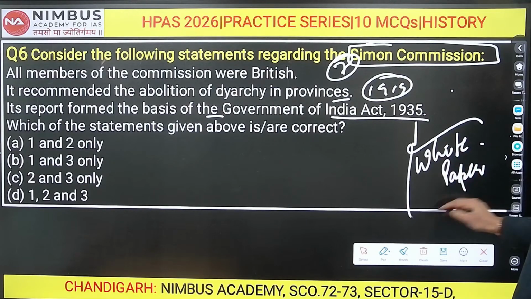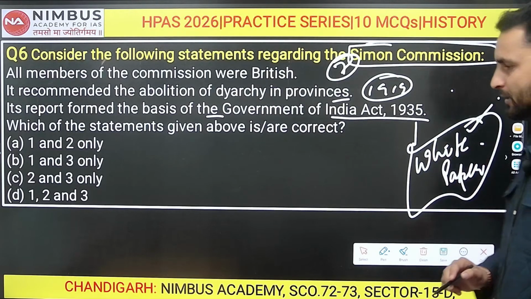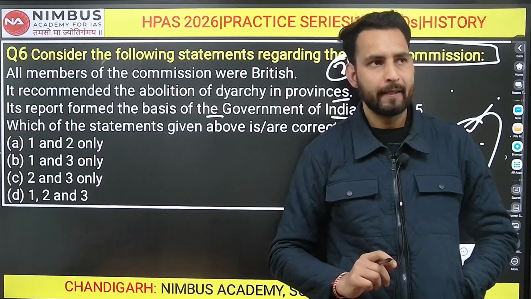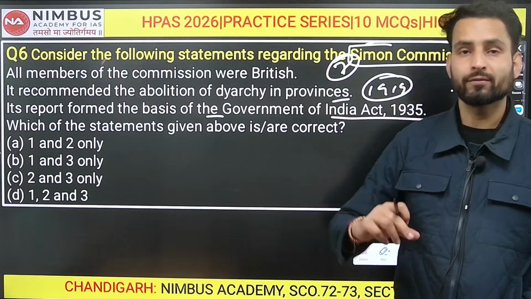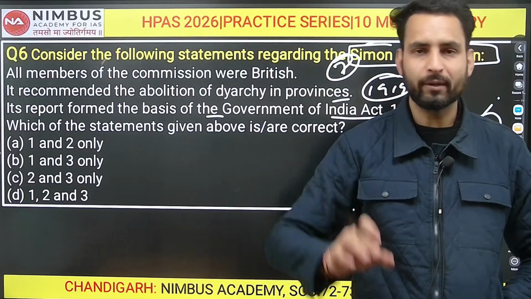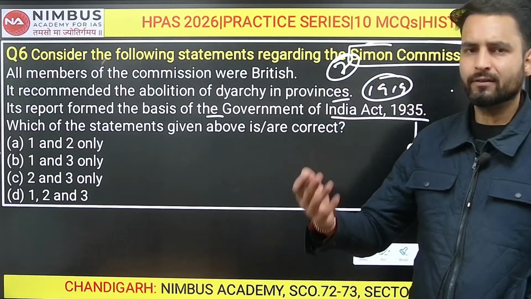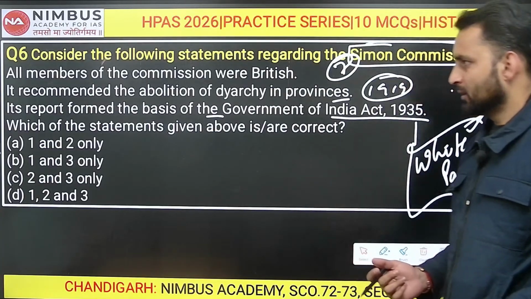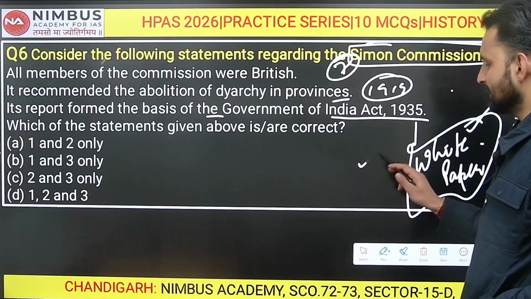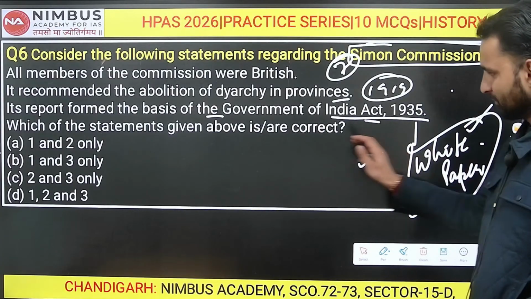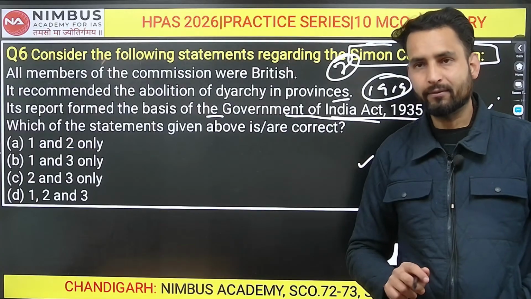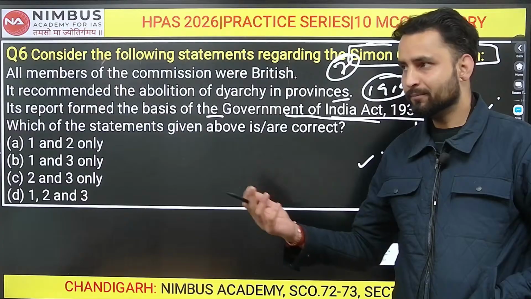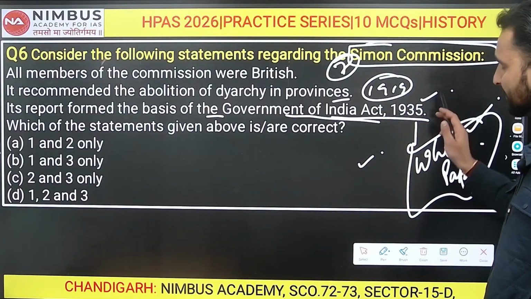There is a term called white paper. So white paper is something which included all the conclusions of the report of Simon Commission and the 3 roundtable conferences, out of which the second was the only important conference that mattered, because the other 2 were boycotted by the Congress, which is the largest party. So the basis of this Government of India Act 1935 was formed on the report. There were recommendations from the Simon Commission as well that formed the basis of the Government of India Act 1935.